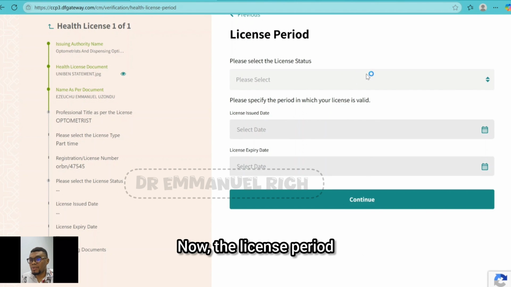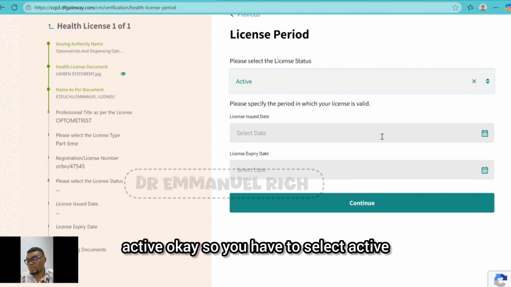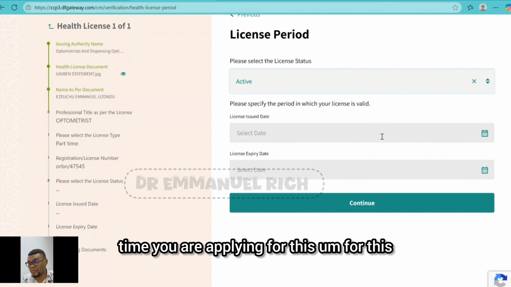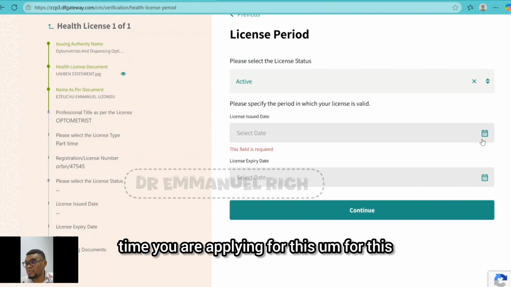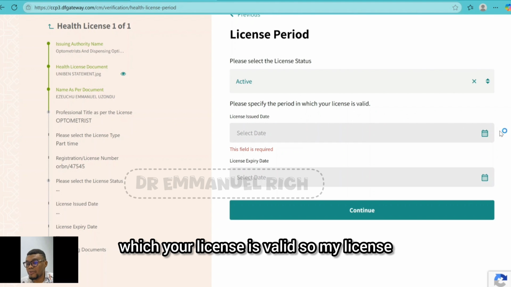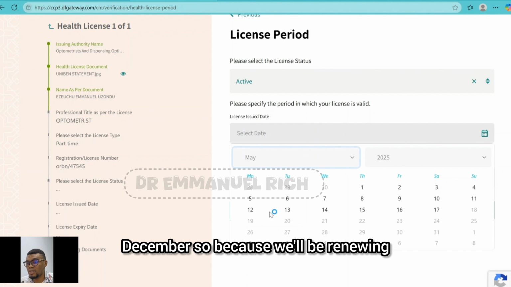Now, the license period, active. Okay. So you have to select active. You have to have your license active by the time you are applying for this verification. So please specify the period in which your license is valid. So my license is valid until 2025 December. So because we'll be renewing